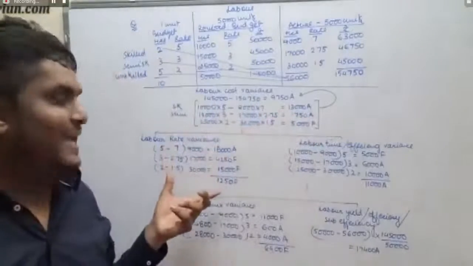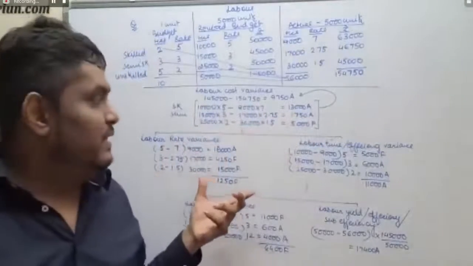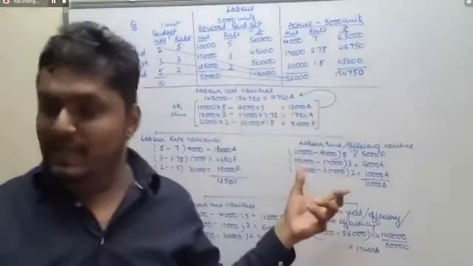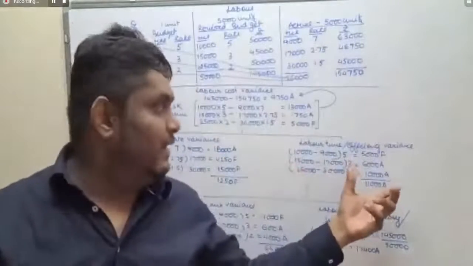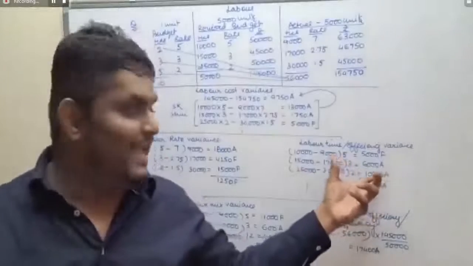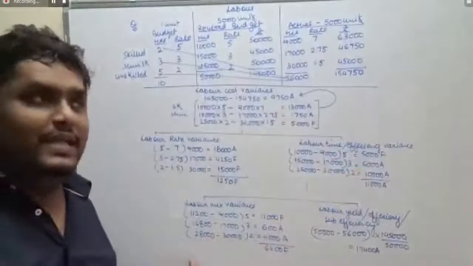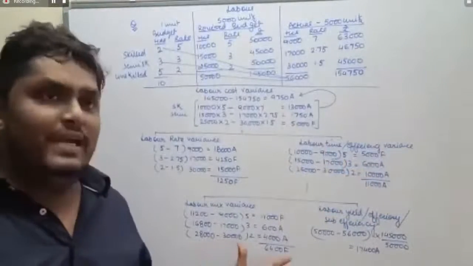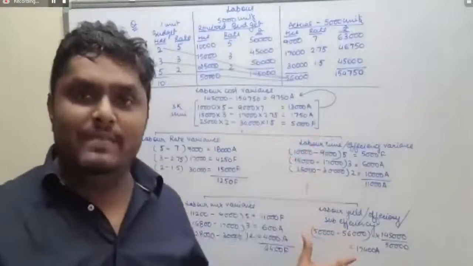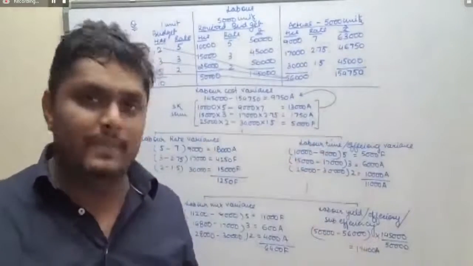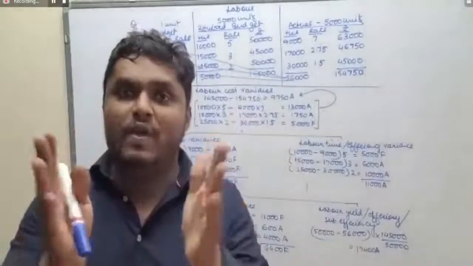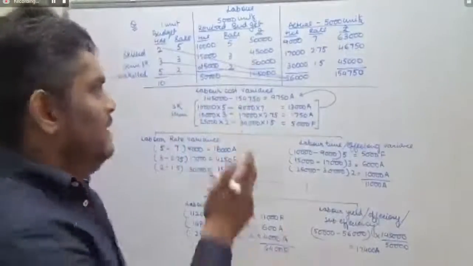Just like material price, we calculated labor rate variance. Just like material usage, we calculated labor time or efficiency variance. Similarly, just like material mix variance, we calculated labor mix variance. Just like material yield variance, we calculated labor yield variance. Again, the framing of the formula will be the same. That is,